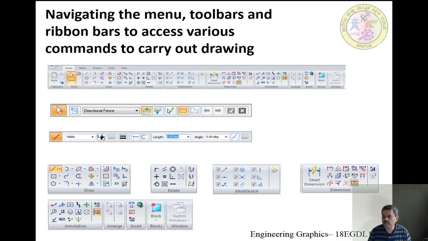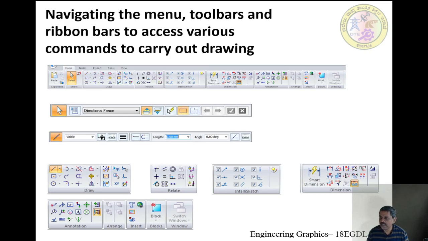We use whatever we use as command. So you see simply here, there is a line command, there is a circle command, there is an arc command, there is an eraser command, there is a trim command. So many commands are available, and they are all grouped as per the functionality they provide. So draw, and then probably the relate, the relationship. It is a wonderful technology, because software can enhance so much the working nature in your life.